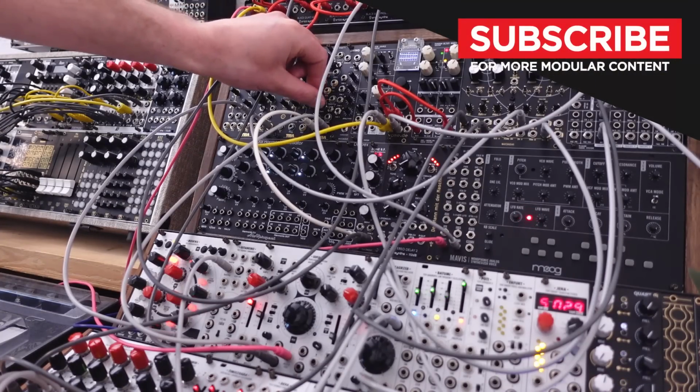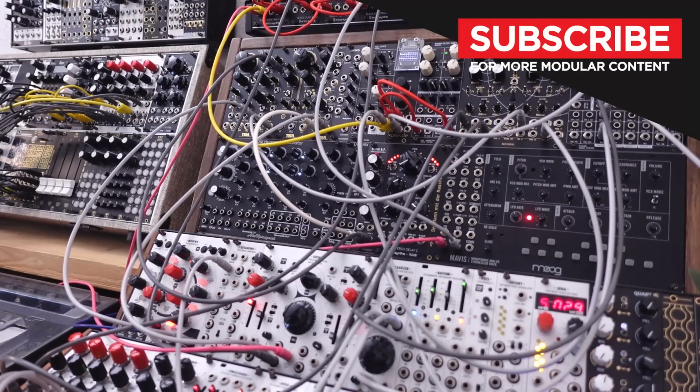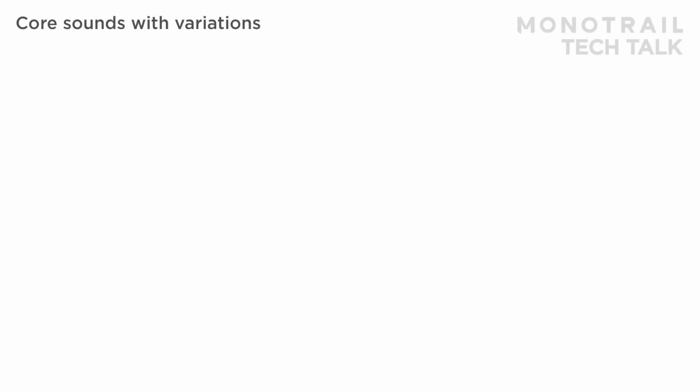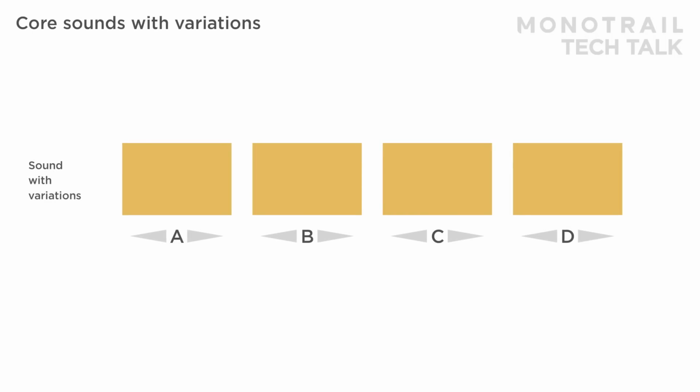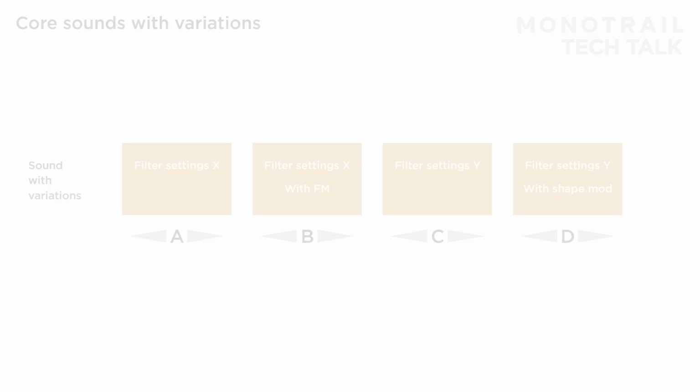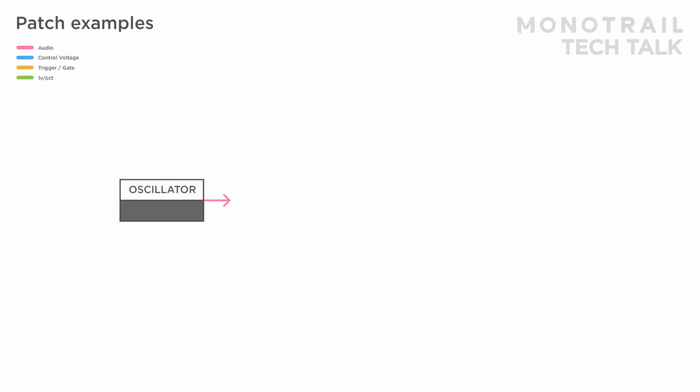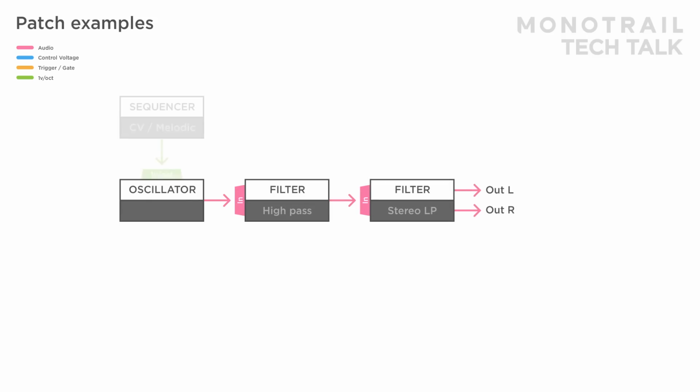It's important you can smoothly blend from one variation to another. By exploring different sounds and settings, you should be able to create a nice set of variations for a single sound. Just to complete the setup, here is a melodic voice with single oscillator, high and low pass filter, sequencer,